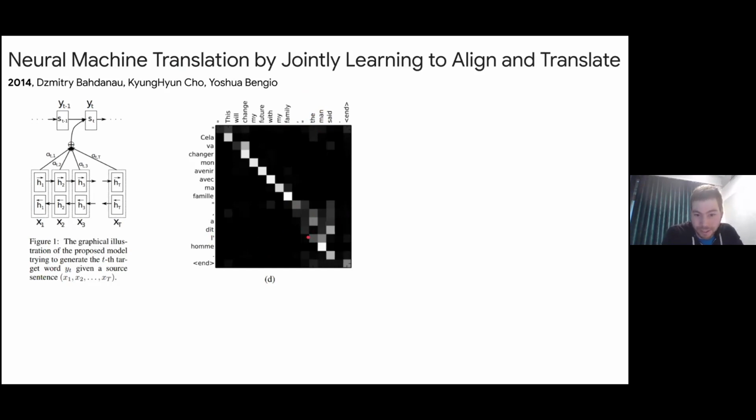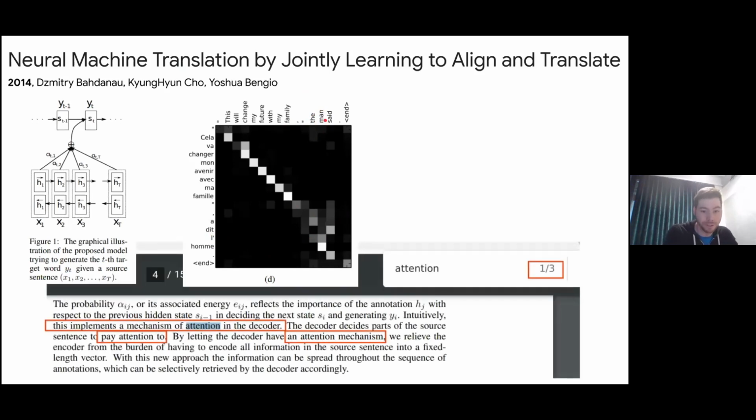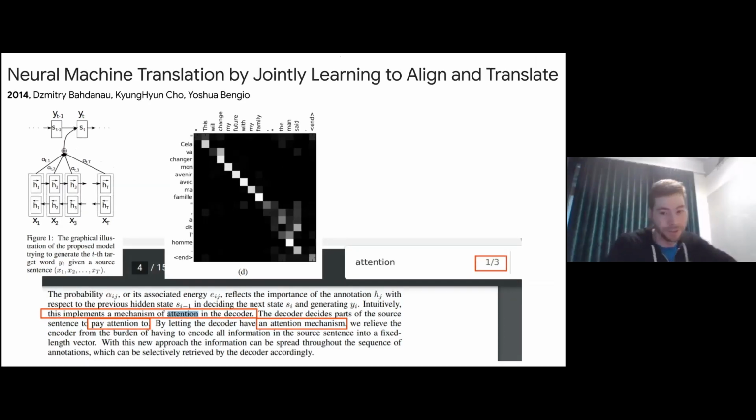And this heat map shows, wow, the model figured this out, that when generating this, it looks at both of them. And this is through this attention mechanism that they introduced in this paper that learns to do this alignment as part of learning to translate. Interestingly, this paper basically designed or invented the attention mechanism used in transformers, but the word attention appears only 3 times in this paper, and not even in interesting ways, just saying like, okay, pay attention, we have an attention mechanism, and then never says it again.